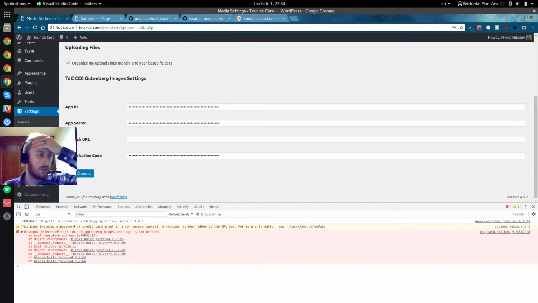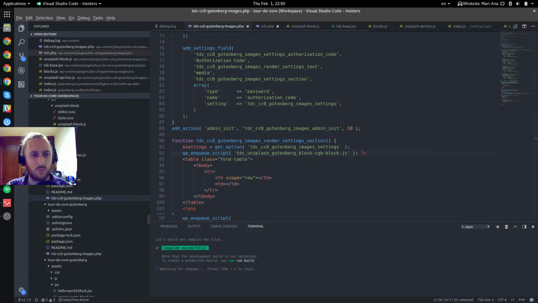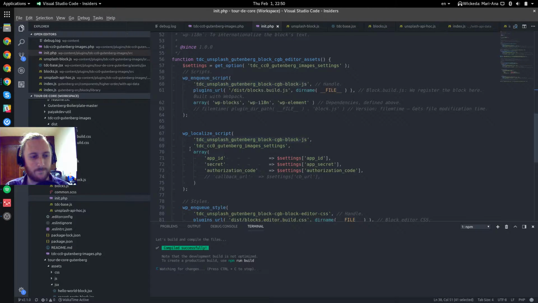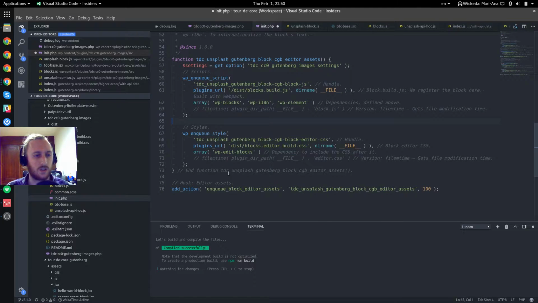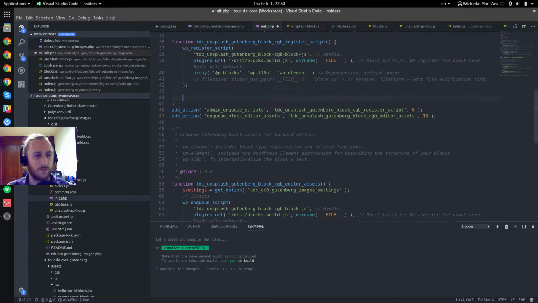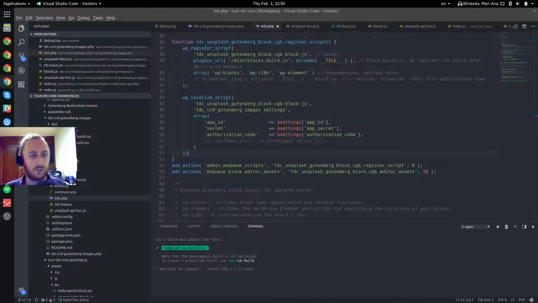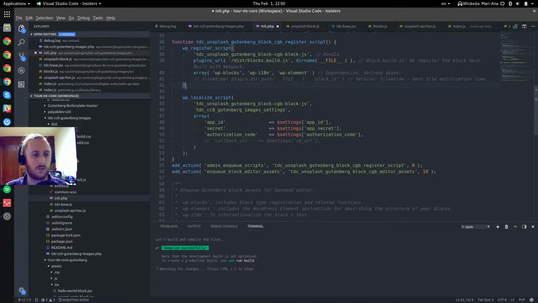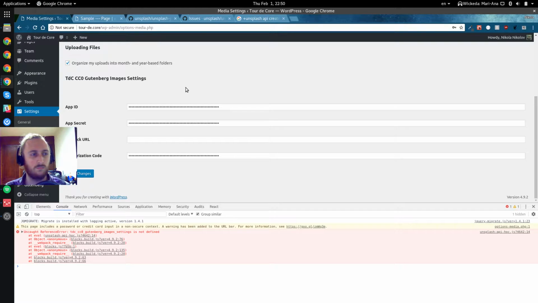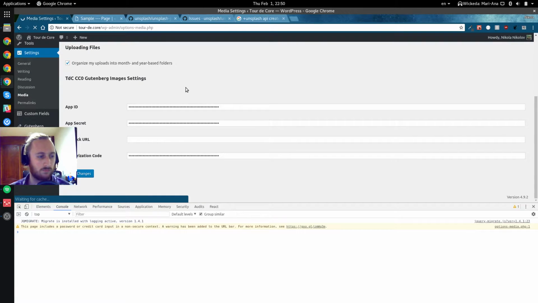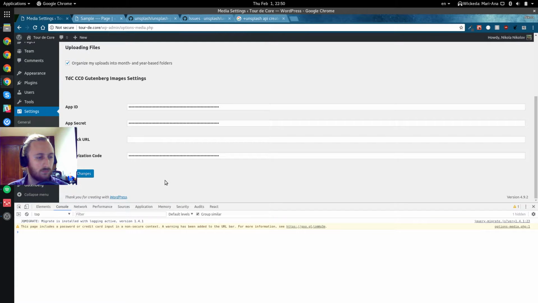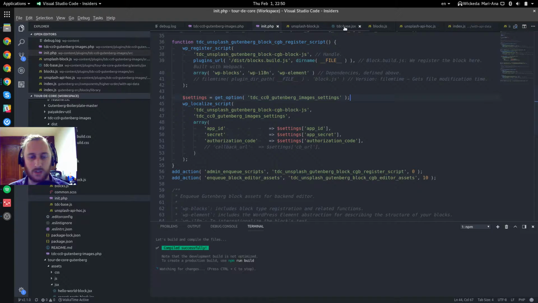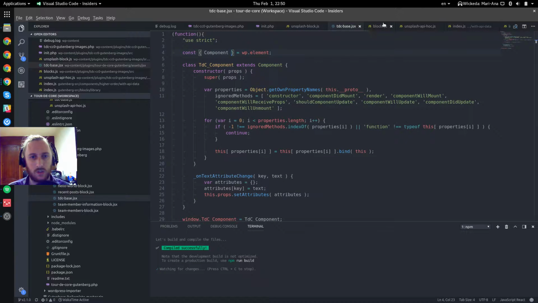All right, okay, and we want to move this localization to the same place where we register the script, like that. Now we're gonna want to get settings over here as well. Okay, sudden break, that's nice. Sweet. Now